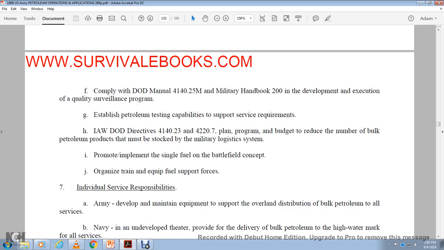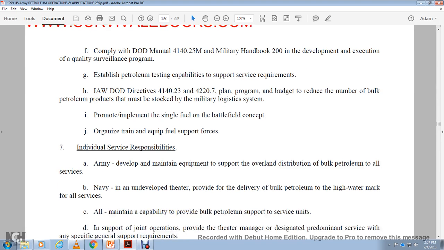42-27, planning program budget ready for the number of bulk petroleum products that must be stocked within the military logistics system, promote and implement the single fuel on the battlefield concept of organized, trained, and equipped fuel